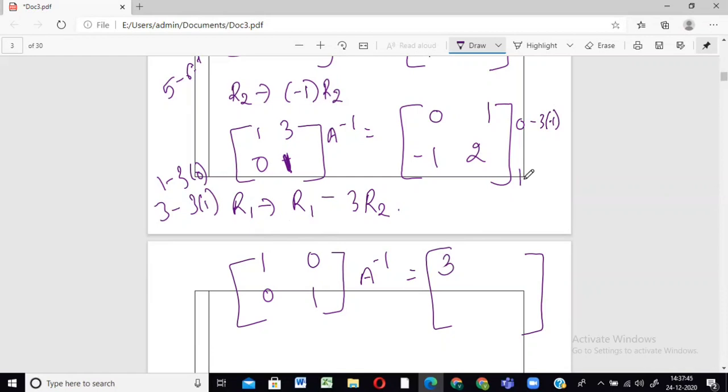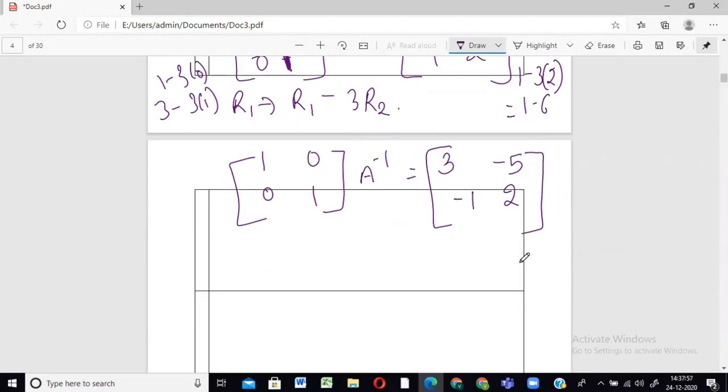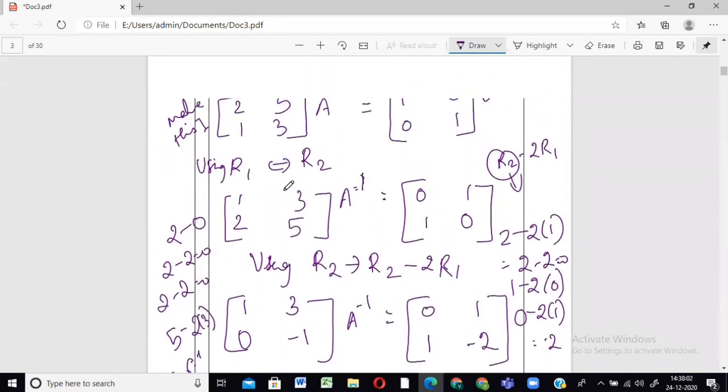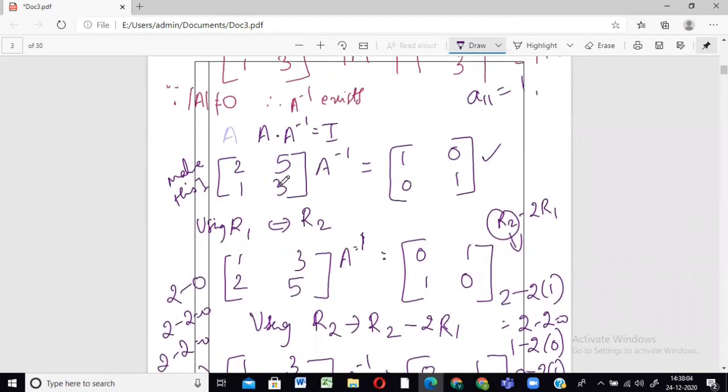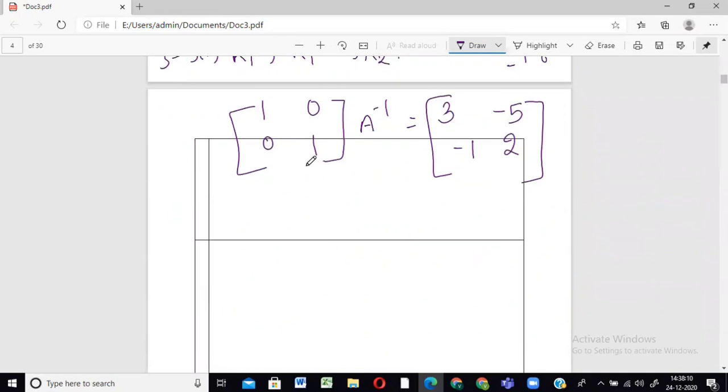यहाँ पे भी 1 minus 3 times 2, right? So the answer is 1 minus 6, which is equal to -5. And the second row, of course, as I said, there is no change. So now what have we got? As we said, this was our A, right? Starting में हमारे पास A into A inverse था over here. Now what have we done? After suitable row transformation, we have converted this entire matrix to an identity matrix.